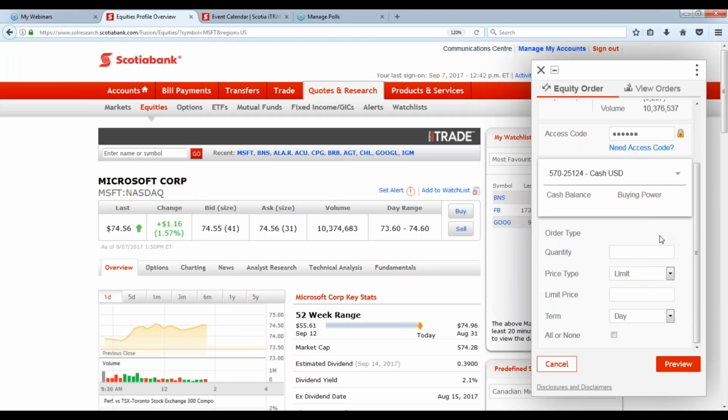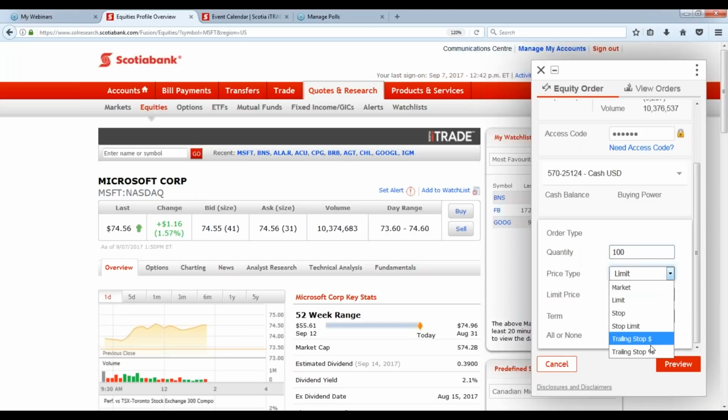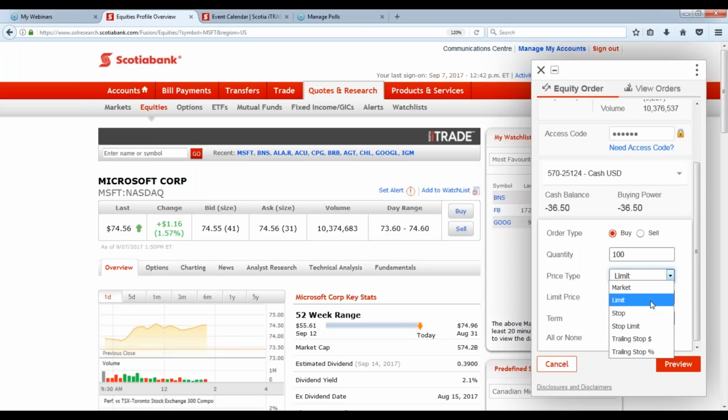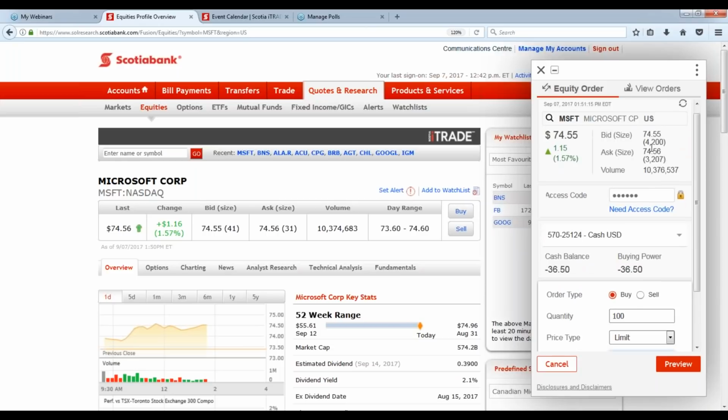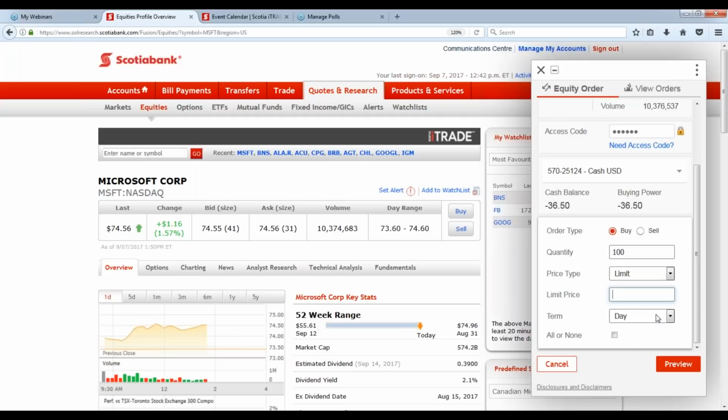So then I'll go into the order type. How many shares am I looking for at this point? Well, I just want 100 shares to buy, and I want to place it at a limit, but once again, we get the options: market, limit, stop, stop limit, trailing stop. I want to just place a limit order for Microsoft, and the current price is 74.55, bidding 55 to 56. So I'm going to buy it at 55 and see if I can get it. So I'm going to go with